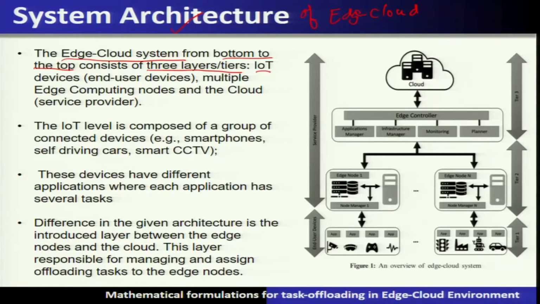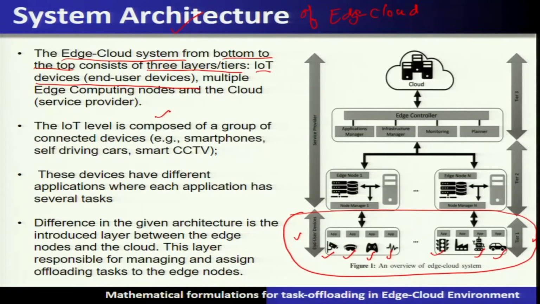So, at the bottom layer what you will find is IoT devices. For example, tier 1 or the bottommost layer will contain the end user devices. Examples of end user devices are cameras or augmented reality headsets, different applications or roadside signals or self driving cars. They are all IoT devices if they are connected and following the principles of Internet of Things. So, they are also called the end user devices.